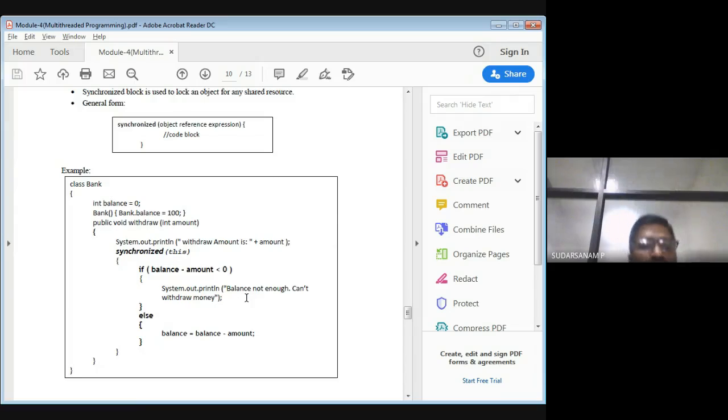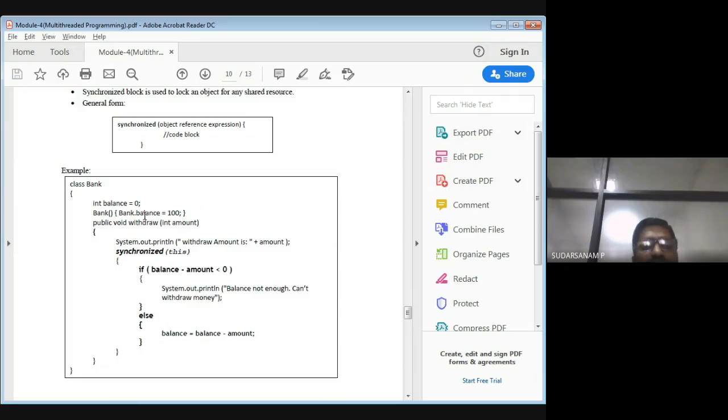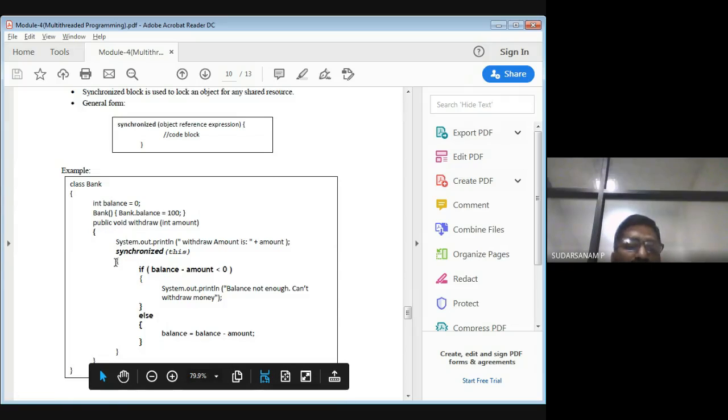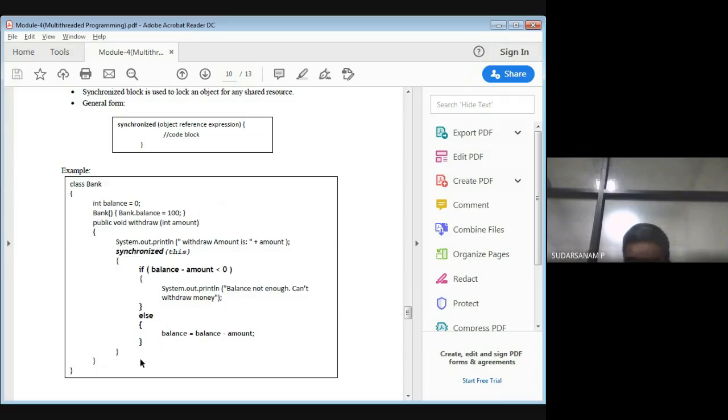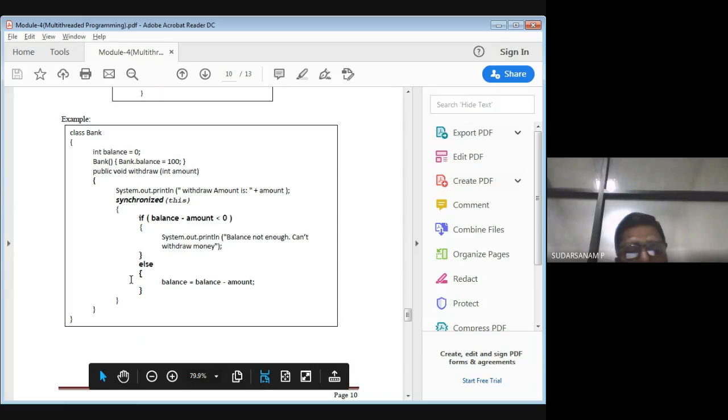Otherwise, suppose you have more amount, suppose the bank balance is 1000 rupees. If I am withdrawing 500, what will happen? 1000 minus 500, so 500 balance will be there. That value will be stored here. We have already done this lab program also. But how to utilize synchronize? If you have code in a particular method, I can use it only for the particular lines, the bank balance. So this is also how to use the resources, the way of utilization. That is one example.